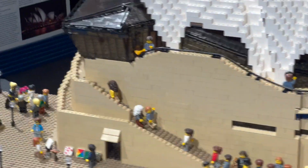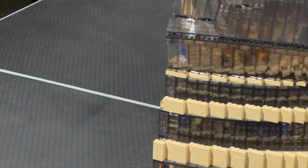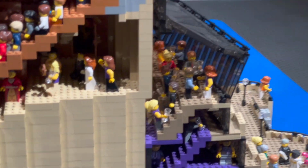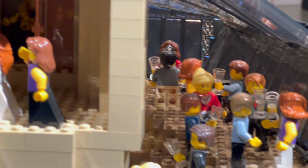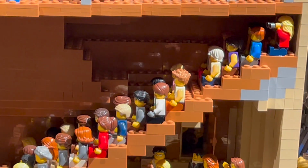But as we work our way through the side and to the back, the side of it is actually fully open. So it's like you chop the Sydney Opera House in half, and you can see exactly what the interior looks like, from the bleachers to the observation post to the stadium. I just really like the construction of the glass windows here, just looks really good in general, and you can see all sorts of little mini details scattered throughout,